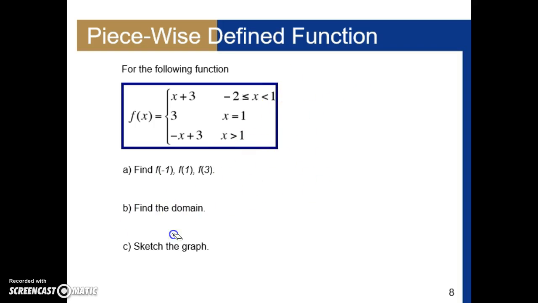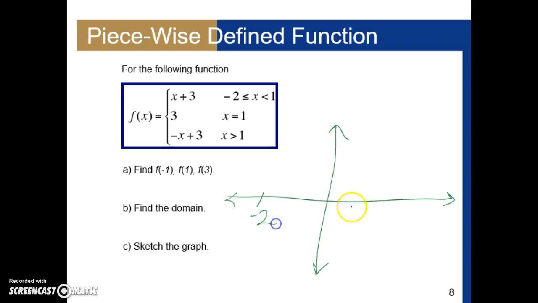So now let's talk about graphing this function. I'll see if I can graph it fairly quickly. The linear behavior is going to help us here. So the interesting values that we're looking at are -2 and 1. That's pretty much where the behavior changes. So from -2 up to including 1, it is this positively sloped line with a y-intercept of +3. So it's going to have a slope of 1. So there would be -1. So there's what a slope of 1 would look like, right? So now I'm just going to give it a slope of 1